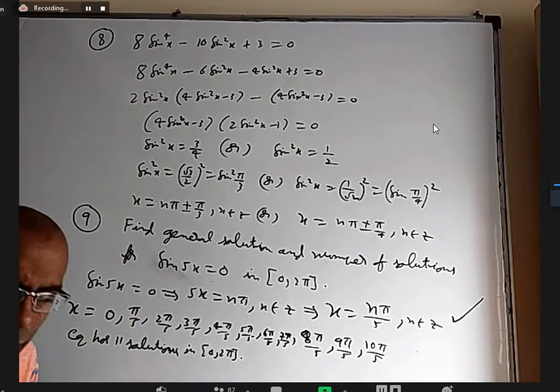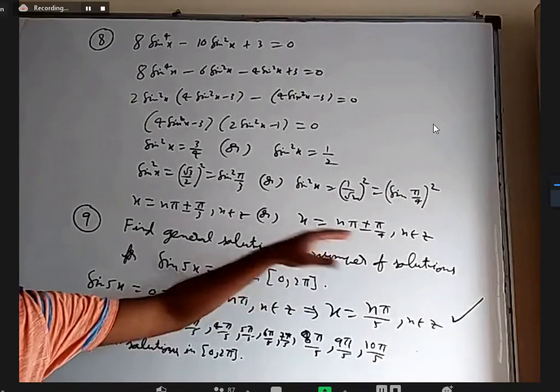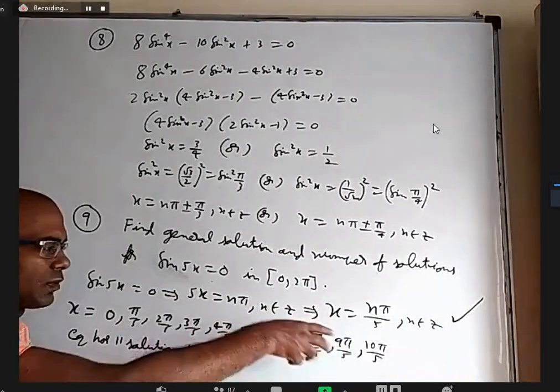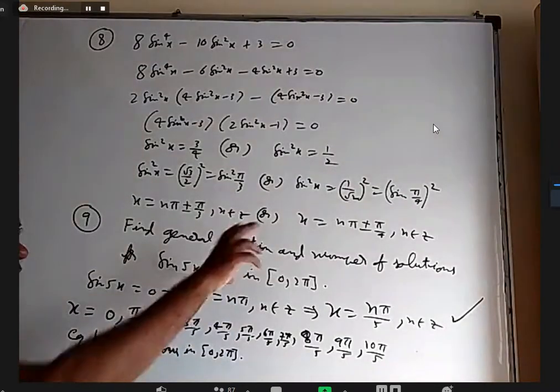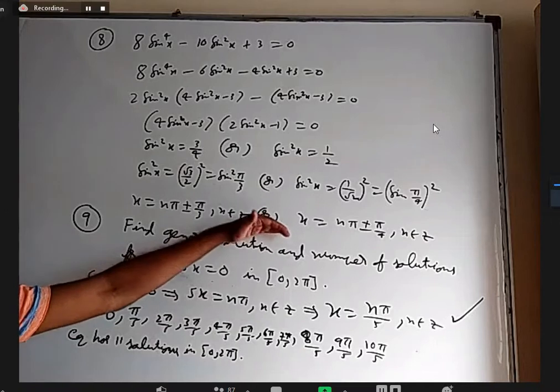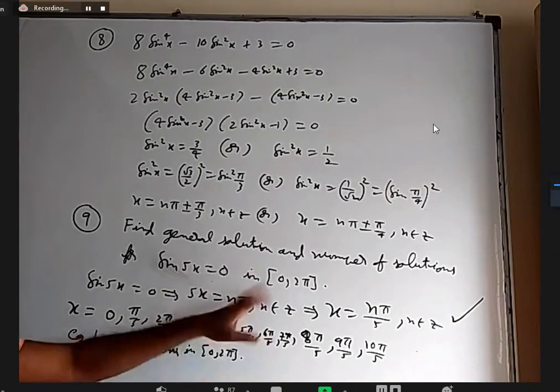In fact, in JEE Mains and Advanced, they don't ask for the general solution. They mostly ask the number of solutions in a particular interval. Of course, you have to write the general solution and then keep on writing the solutions which are in that interval. But in IP, they'll ask general solutions more, and few questions are there on the number of solutions. But in Mains and Advanced, they usually ask about the number of solutions. And sometimes I don't have to write all these things.